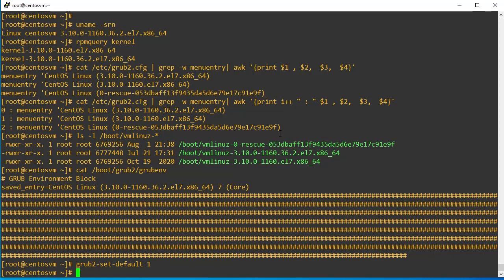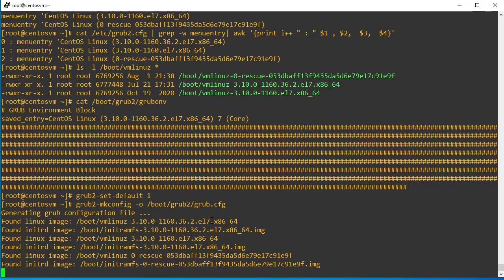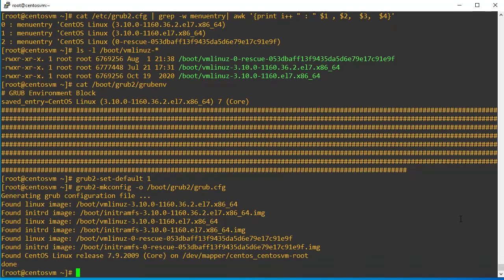Once this has been modified, we have to rebuild the grub.cfg configuration file. For that, we have to use a separate command called grub2-mkconfig -o, then we set our default grub configuration file, /boot/grub2/grub.cfg. Hit enter. Once this is successfully executed, we can validate the menu entry, and the same environment file we can check.